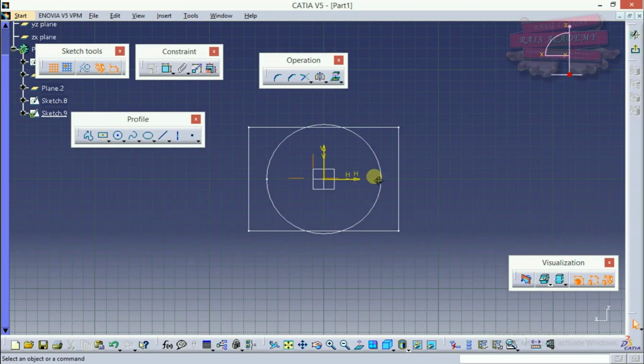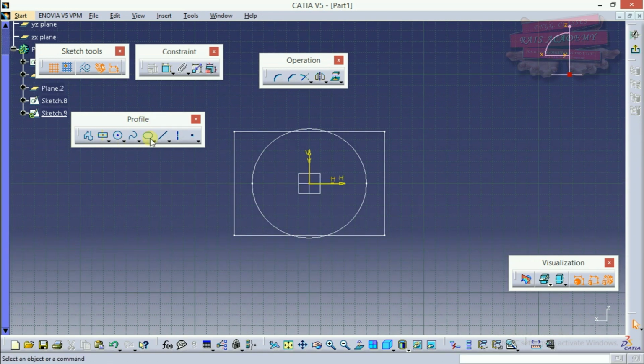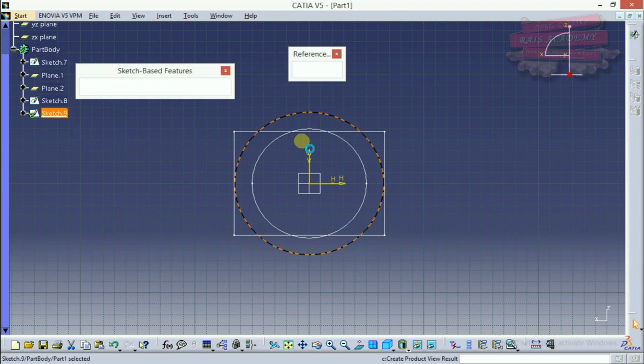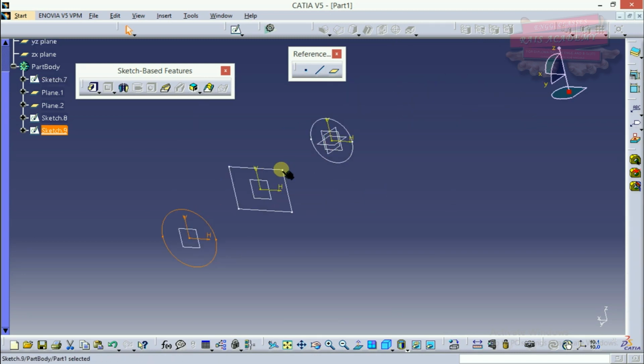Actually you can select as many profiles as you want, but for simplicity I am demonstrating it only with 3 planes, 3 profiles. Okay, so what I'll do next here is I'll draw another circle. Now what we have got here is a circle and a rectangle and another circle.